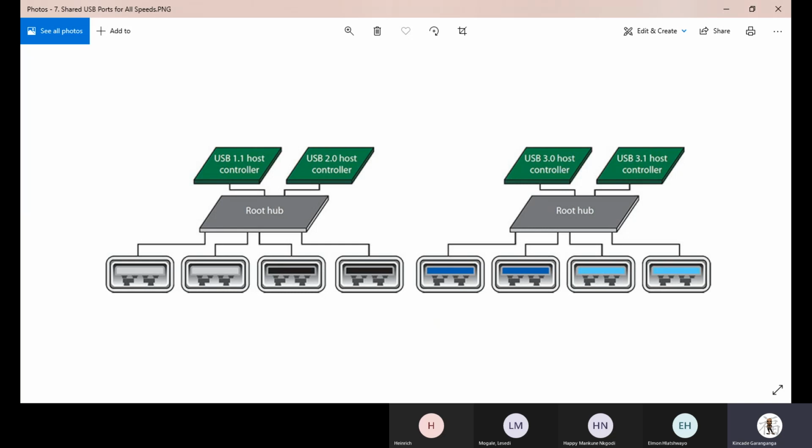But again, like I said before, just remember that your root hub's main purpose is just to provide for multiple connections. But what is imperative, or the main architecture to consider there, is your host controller, which is the one that determines the speed, as well as the basic standard that is used in that specific setup. All right. So that's what's happening there as far as your